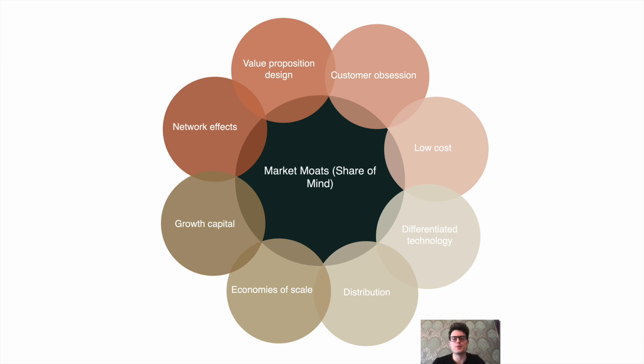And then to talk about the concept of moats: which moats really matter? What are examples of moats? By giving you examples, you can have in your mind all these different tools that you can use to make your business harder to compete with. Well, the first one, and a less well-known one, is the value proposition design. So what this means is